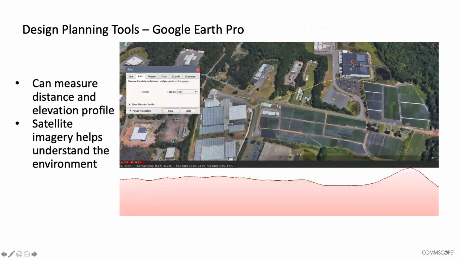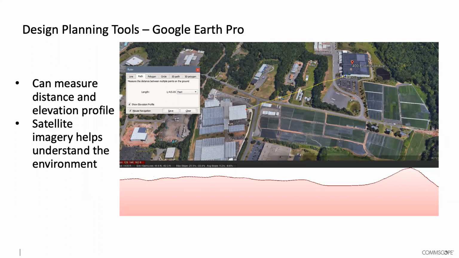Another tool that can be very useful is Google Earth. Google Earth has a Google Earth Pro version, which you can download. And in the Google Earth Pro version, which is free, there are some additional tools that let you do things like measure distance and get an elevation profile. So if, for example, you need to have a wireless bridge link between two buildings, you can tell if you have line of sight by getting to the two points and visually sighting across. But if you're not on site and you have to make some estimates to get the initial design kicked off,